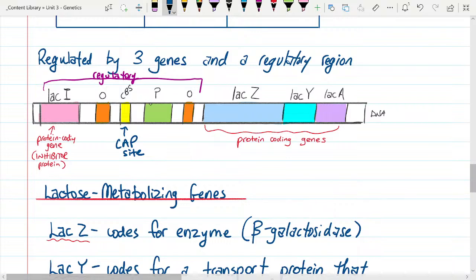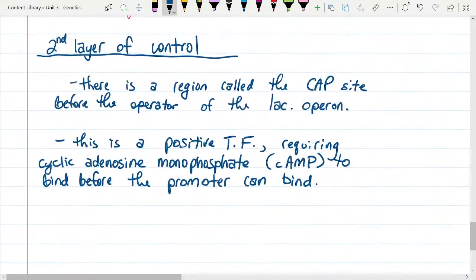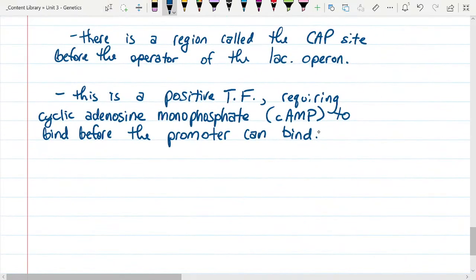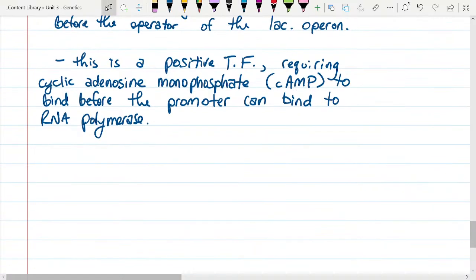What binds? We thought in the simple animation, the promoter is where RNA polymerase binds, right? So before RNA polymerase can bind, so now how clever is this? Because of how it works, when glucose levels are high,